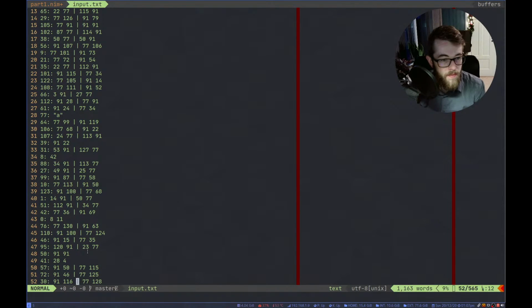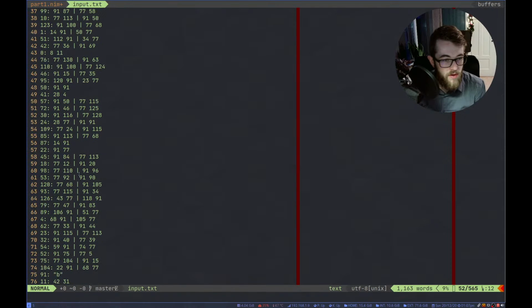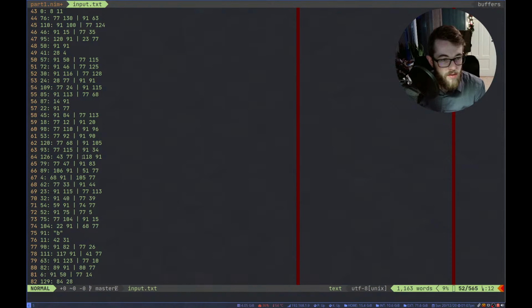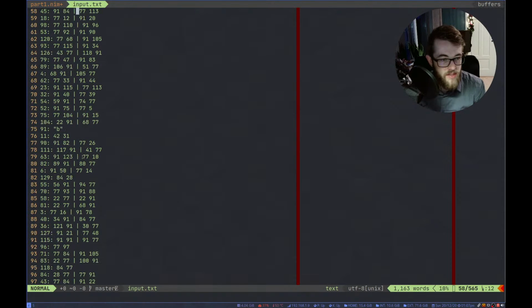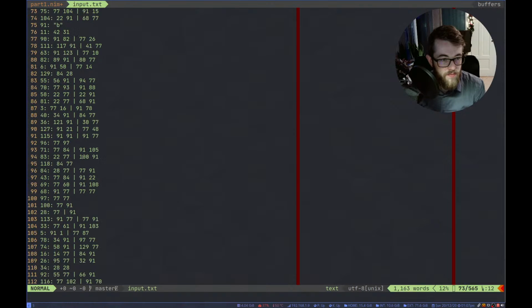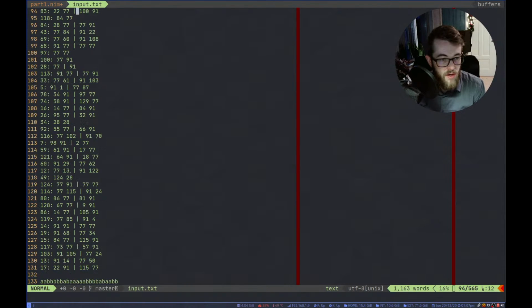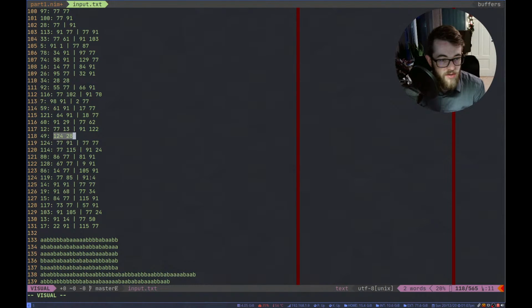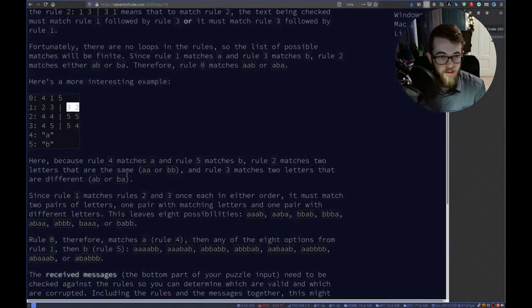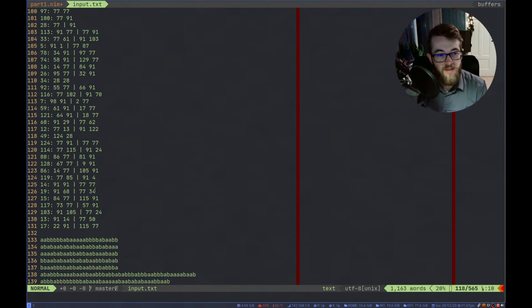I wonder if there are any. I mean, we can implement them as lists, but that would be an optimization one could do. It actually seems like all of these even are just two, at least in my set of inputs. I mean, this is 3, so we're gonna do those as a list. But let's start with sort of